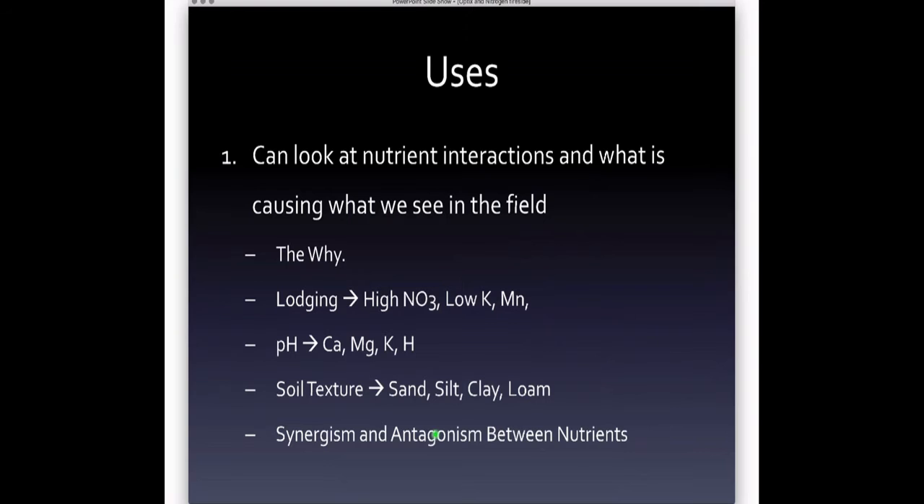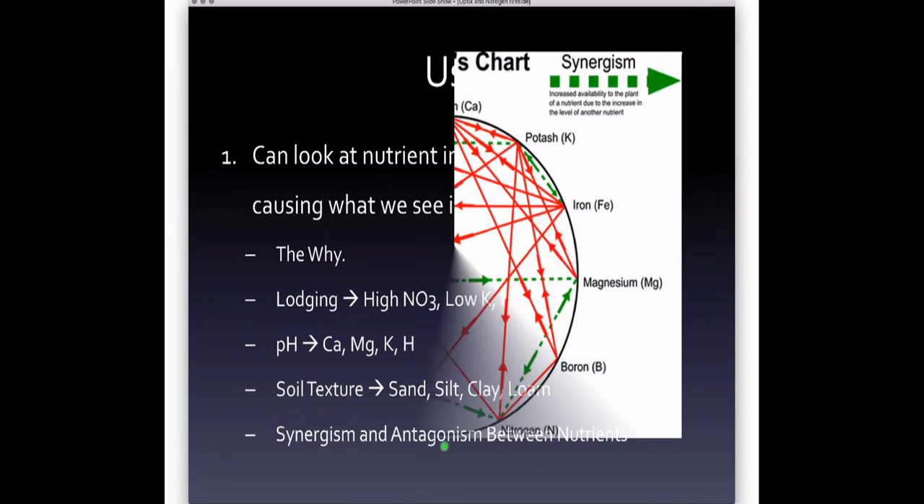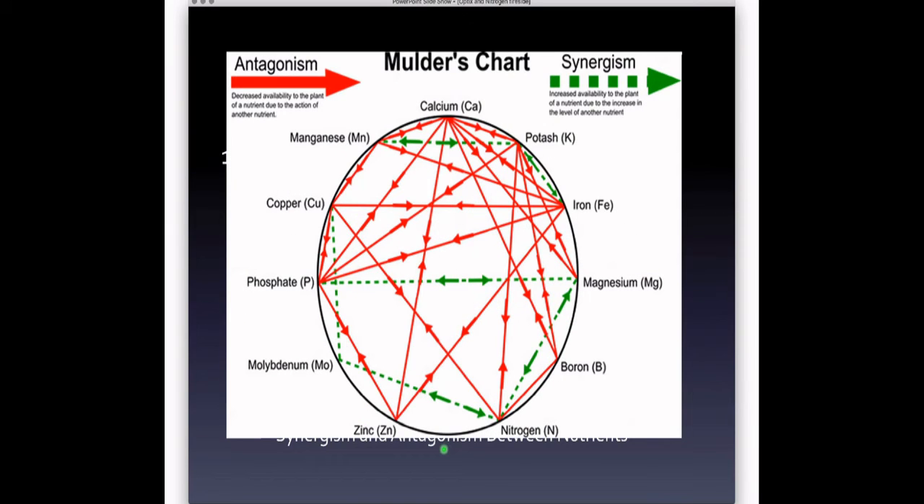With the SoilOptix and looking at the different nutrient interactions of what we're seeing in the field, we can really dive into the why. Why are these areas lodging? Do we have high residual nitrates? Do we have low potassium? Do we have some manganese issues? What's going on with our pH? And looking at those other factors, we can identify soil texture challenges with our sand, silt, clay, and loam, and look at the antagonism and synergism between these nutrients to dial in a better nutrient program